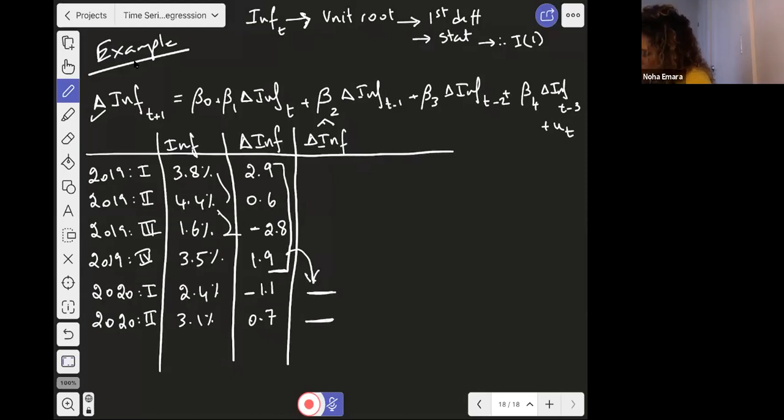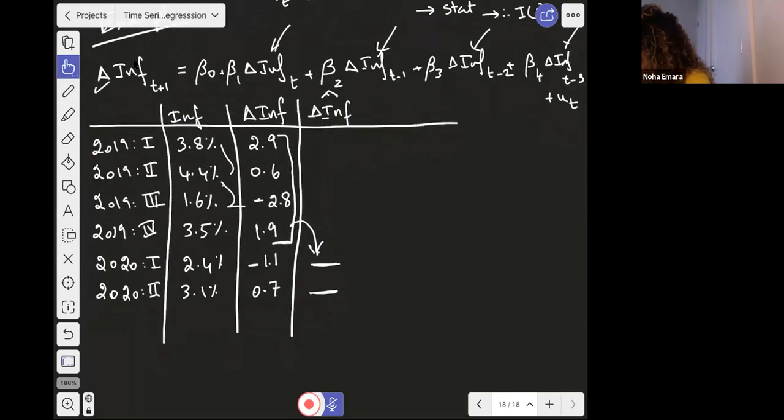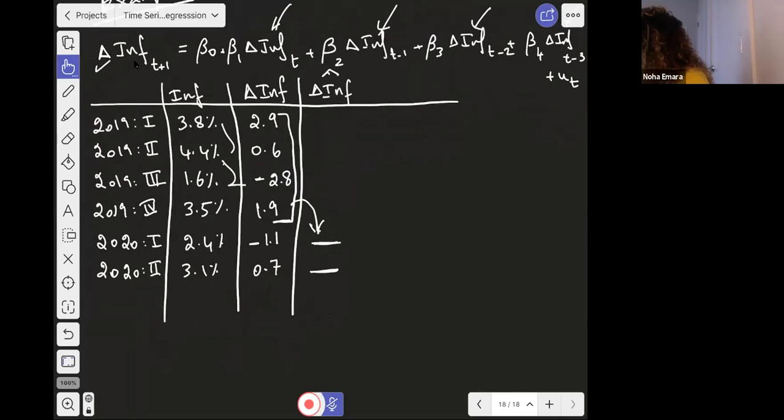So in order to do that, you are actually going to use the data that you have to plug it in here, in here, in here, right? And you will be estimating the model. So the first one, in 2020, I'm gonna write it 21, is equal to,